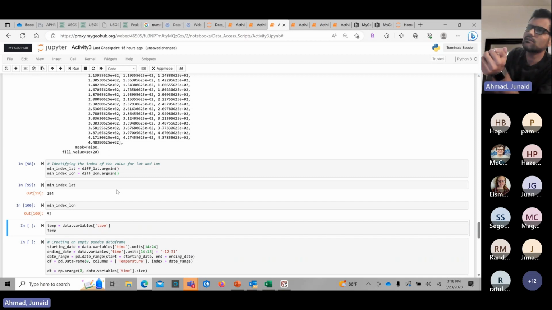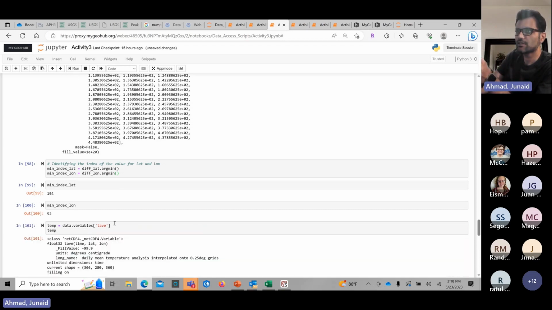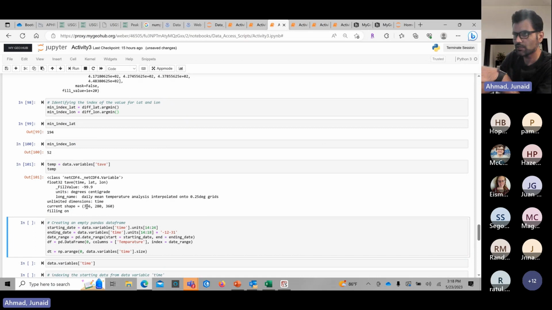So now all you need to do is get your temperature data from this T average data variable. So it is important. Now we are calling this temperature because everything is inside this one. But before we reach this, there is another approach that has been performed over here, because eventually what we need over here is